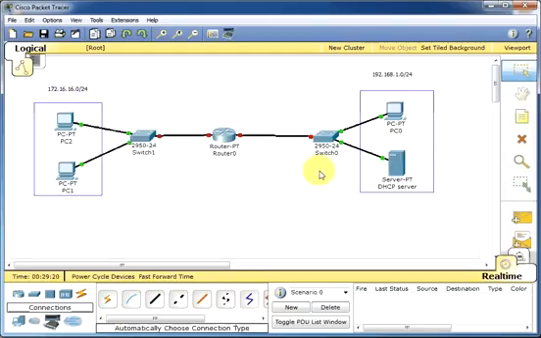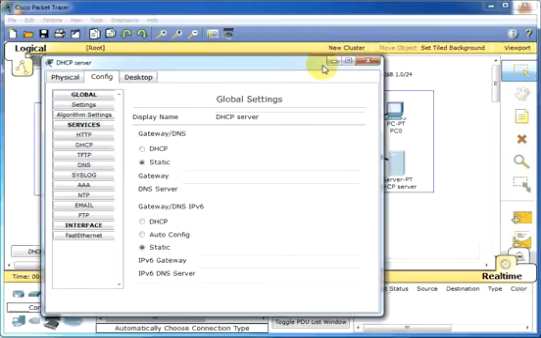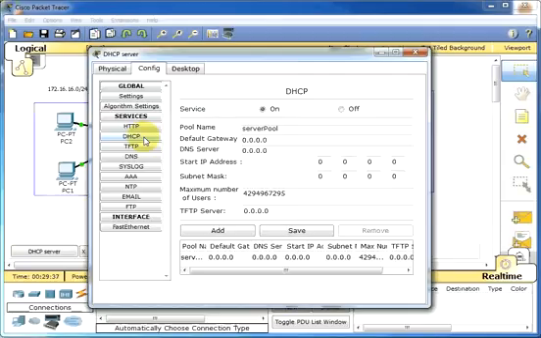First, we need to configure both these pools in our DHCP server. Let's do it. Click on DHCP. The default pool is already there. We need to add our pools in there. So first I am going to configure the pool